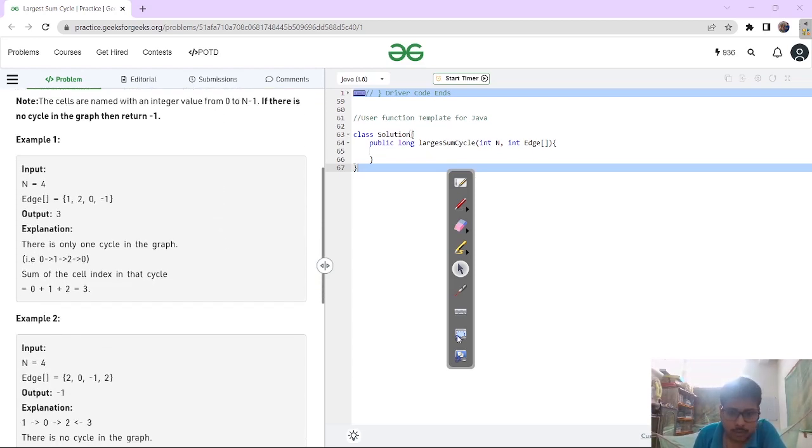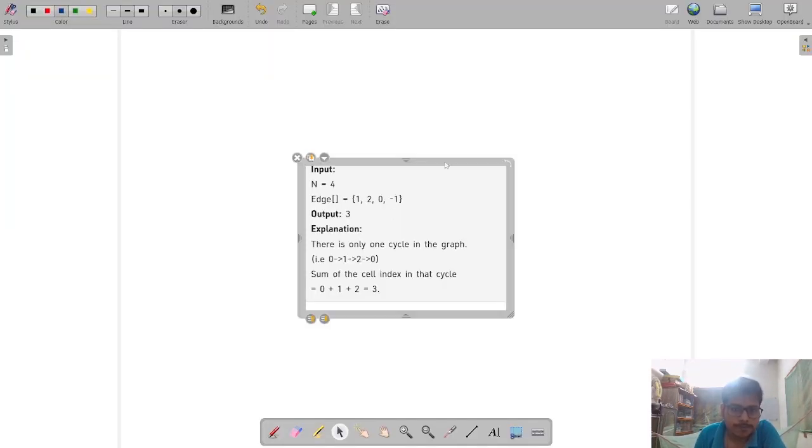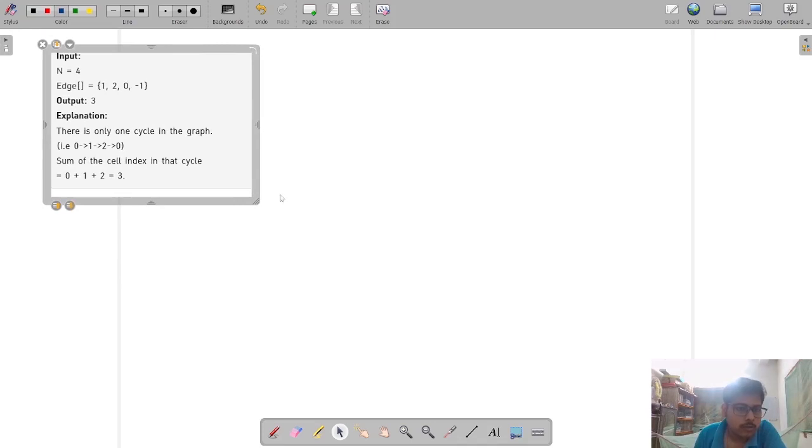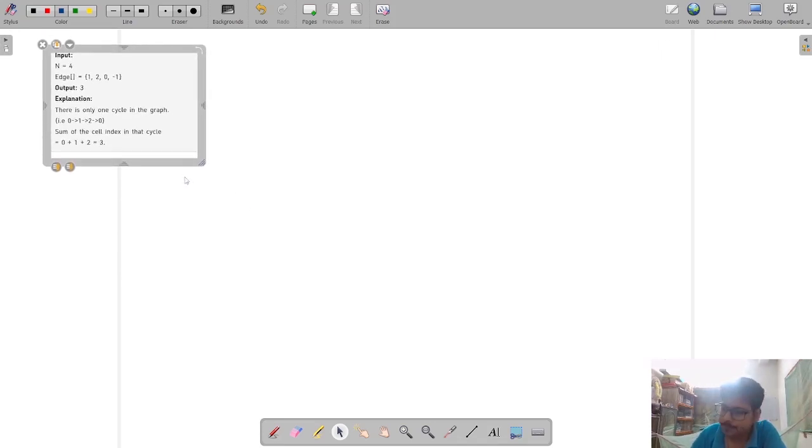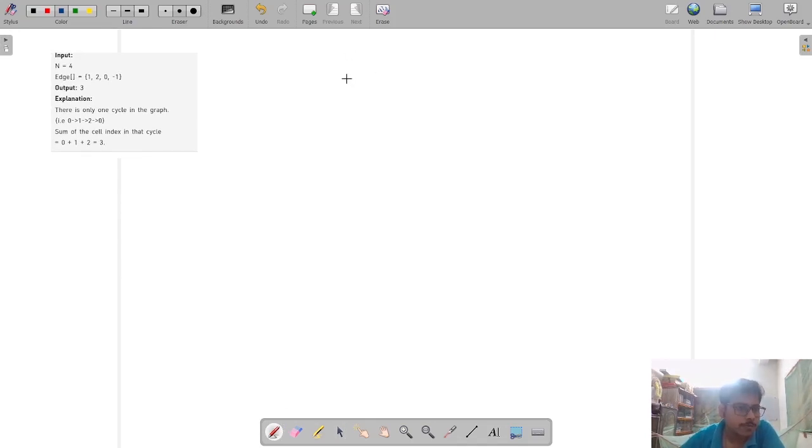Okay, so let's understand the problem with this example. Let's understand the question first. I've been given this array: 1, 2, 0, -1. So what does that represent actually? This is the 0th element, this is the 1st element, this is the 2nd element, this is the 3rd element, right? So this array means